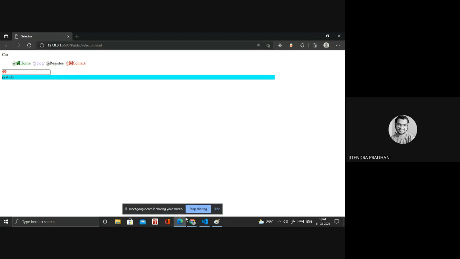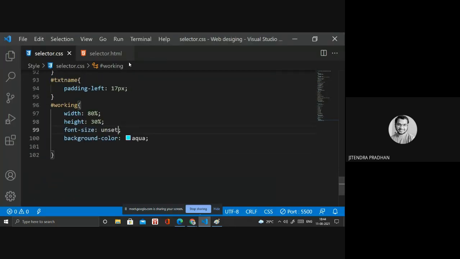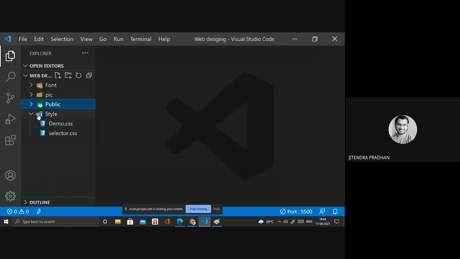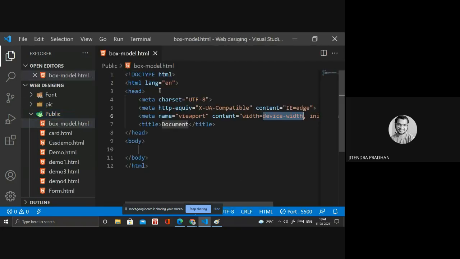I will show you that one, you have to understand it better. Wait, I will design another file, then I will show you. Box model dot html. In that we are writing the box model.